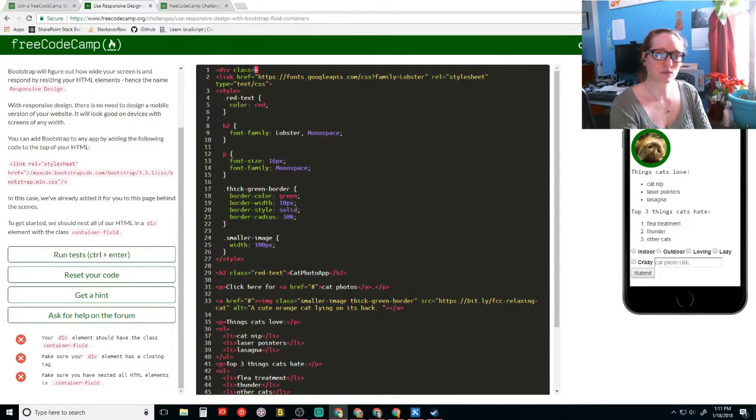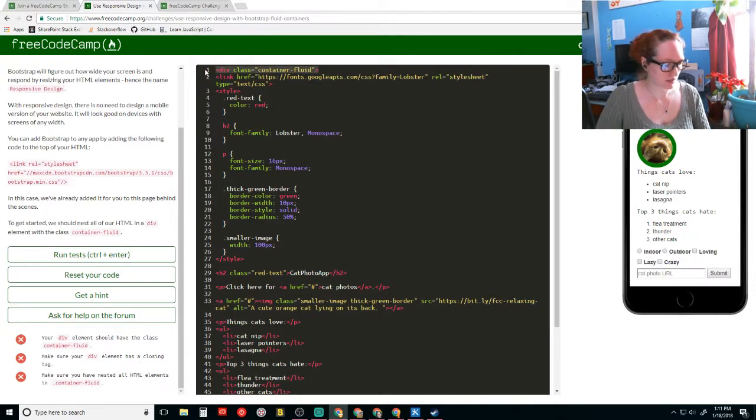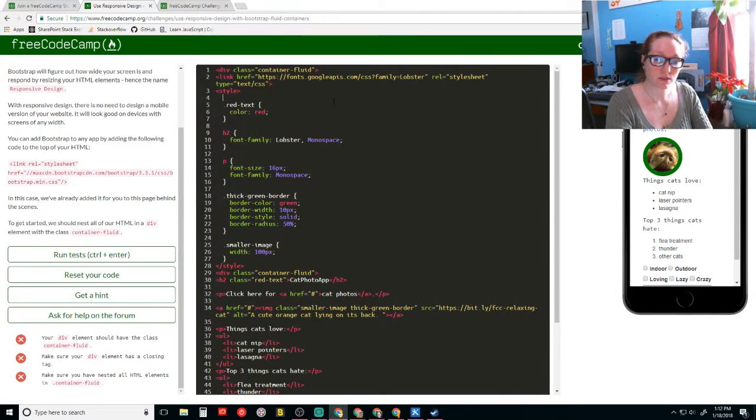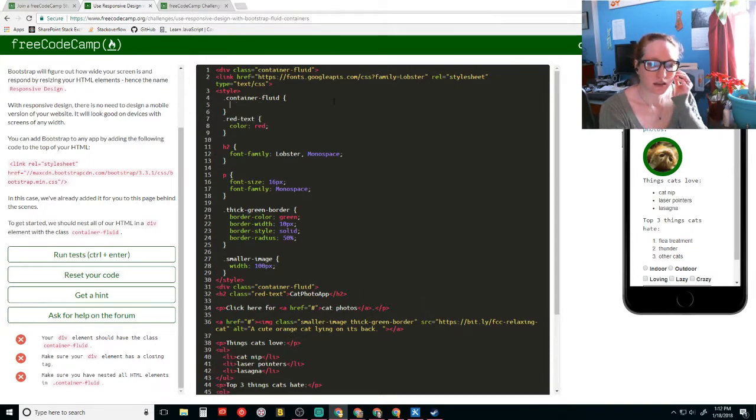Class equals... yes, and this actually should be right down here. And then up in here we need to add dot container fluid, brackets. Is that right?